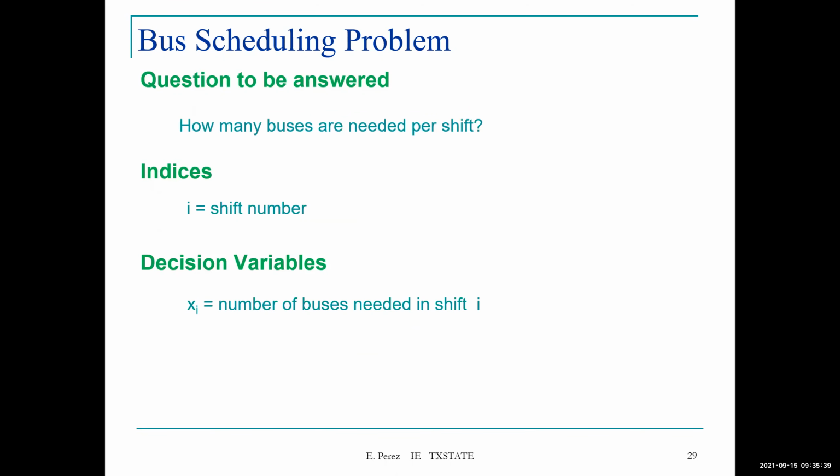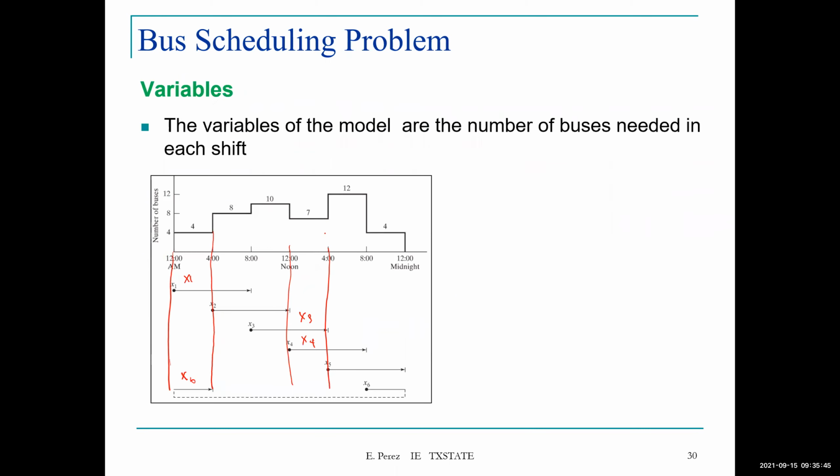So our decision variables were in terms of the number of buses needed in shift i, and we look at the different beginnings here. So first shift will last for 8 hours. Second shift, represented by X2, lasts 8 hours, and so on, until we get to the last decision variable, X6, which starts at 8 p.m. and goes until 4 a.m. And then the cycle is repeated, so we don't have to define any other variable at this point. So the question now is, using these decisions that we are trying to make,